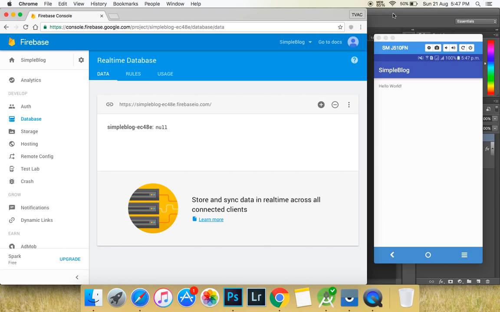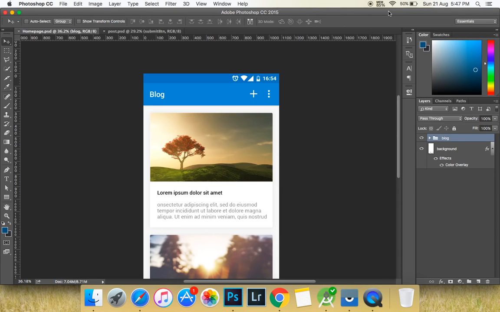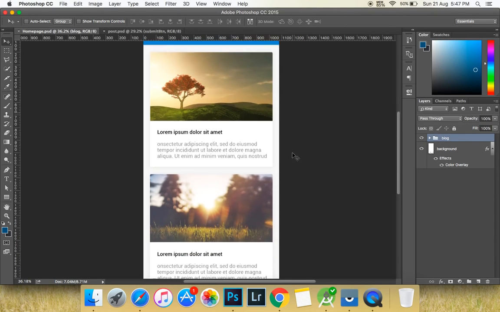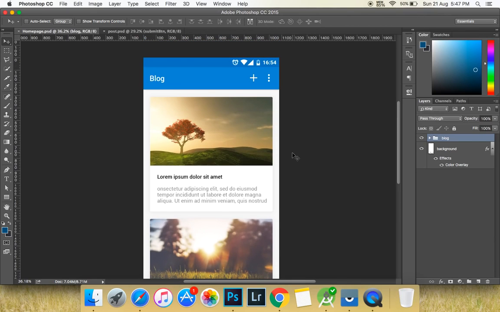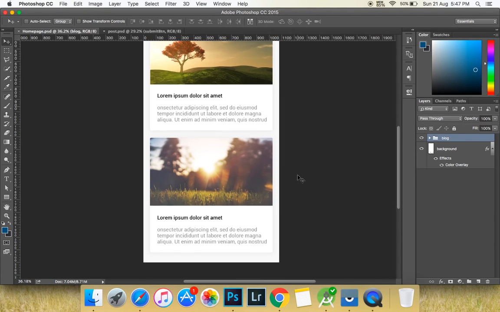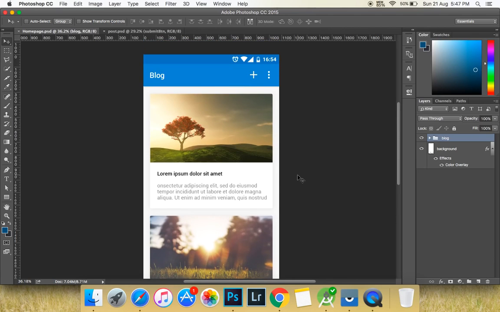As you can see, here I have a sample app. This is a blog app. Now this doesn't have many features, but it's going to teach you how you can retrieve real-time data, like you would usually do in a blog app or maybe even a social app. Here you can see that on our home page we're going to have a list of blogs, and this will be built using recycler view, and inside this you can see we have an image for each blog,